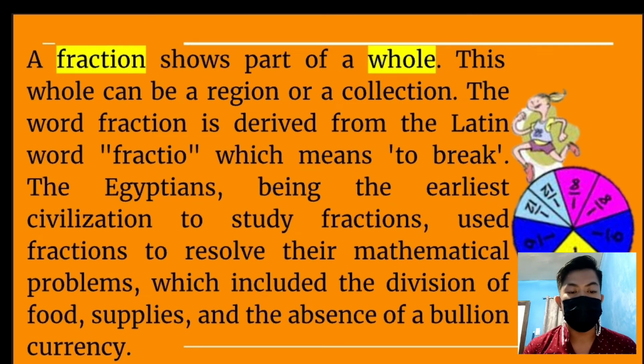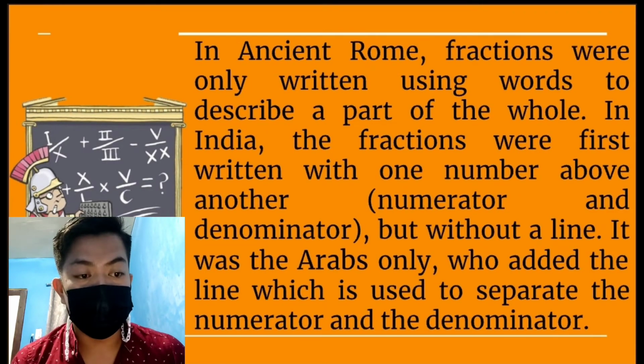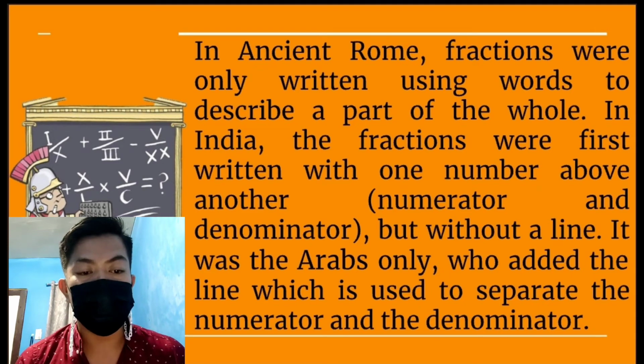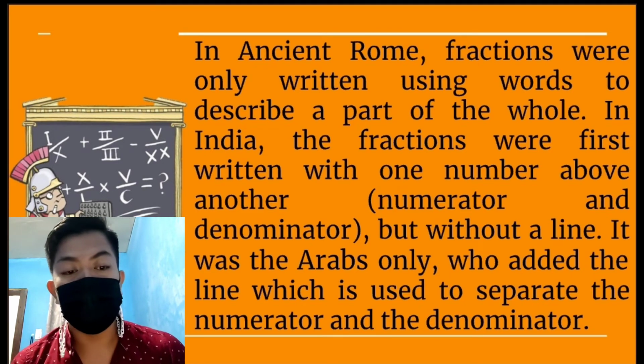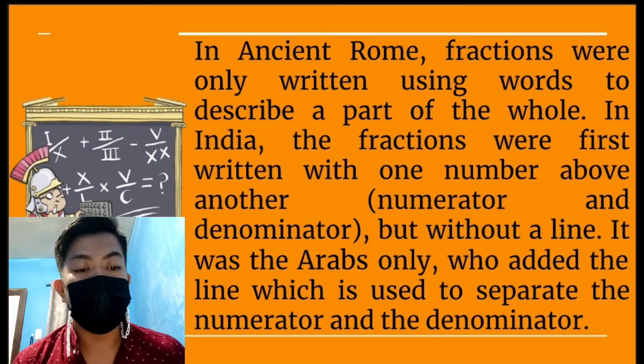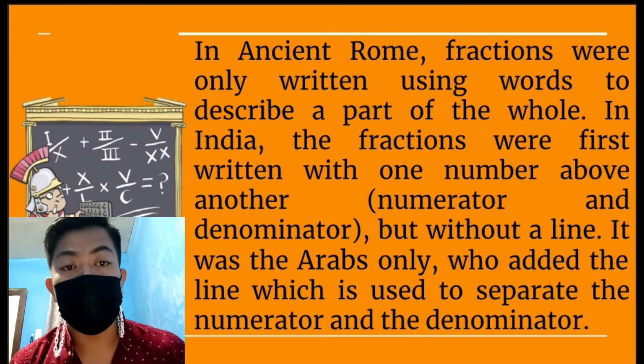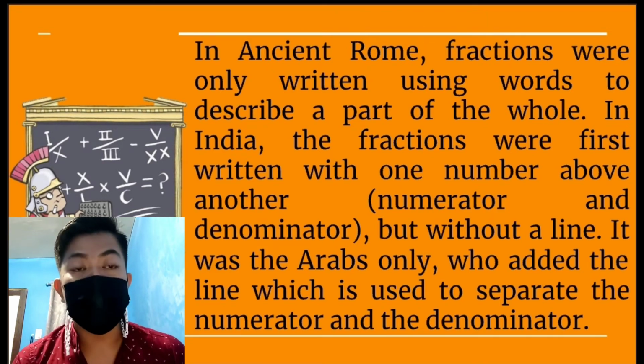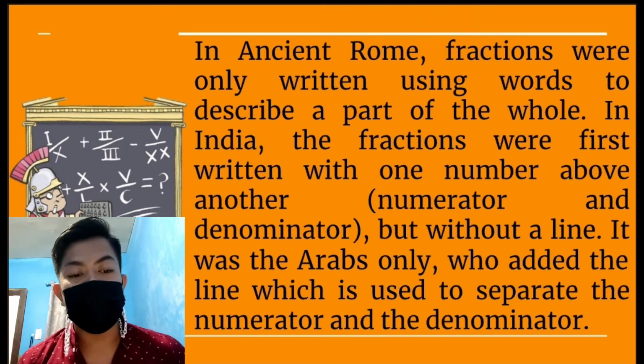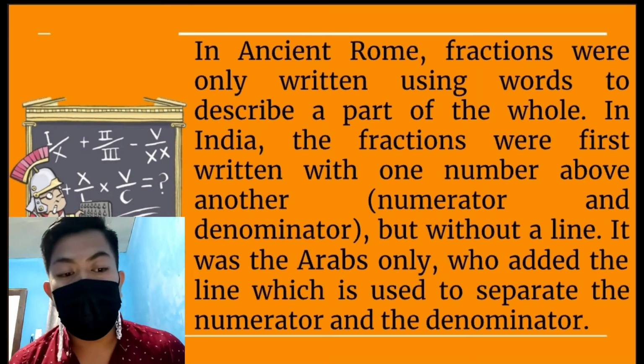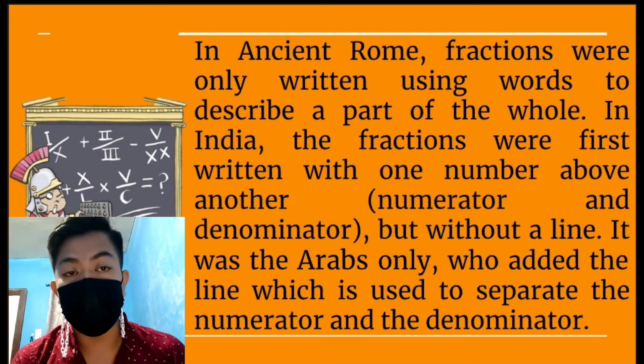The Egyptians, being the earliest civilization to study fractions, used fractions to resolve their mathematical problems, which included the division of food, supplies, and the absence of a bullion currency. In ancient Rome, fractions were only written using words to describe a part of a whole. In India, fractions were first written with one number above another, numerator and denominator, but without a line. It was only the Arabs who added the line which is used to separate the numerator